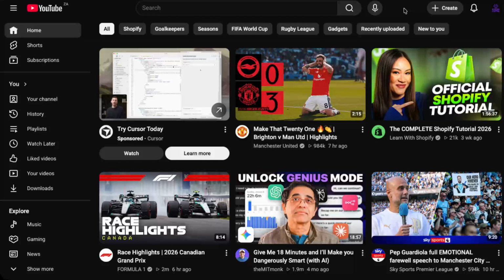Start by opening your browser and going to YouTube's homepage. Make sure you're signed in to the account whose email you want to change. If you have multiple Google accounts, double check that the profile picture in the top right corner matches the channel you're working on. Once you're on YouTube, move your cursor up to that profile picture in the top right and